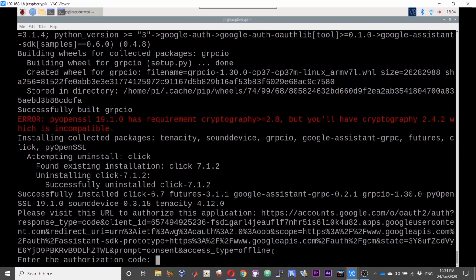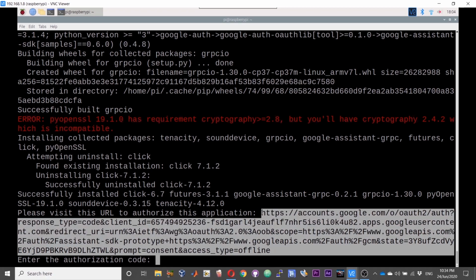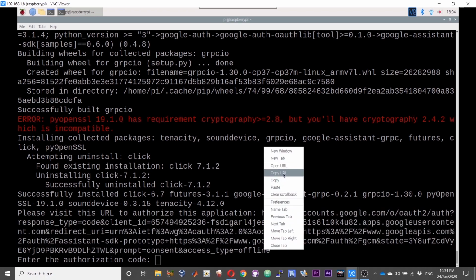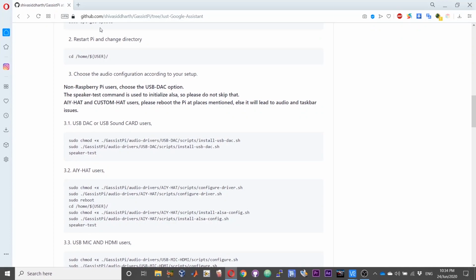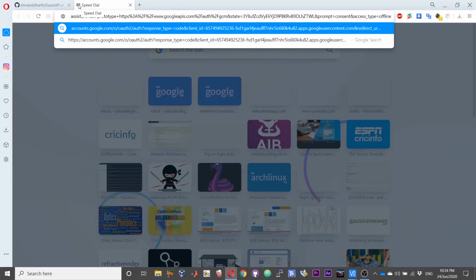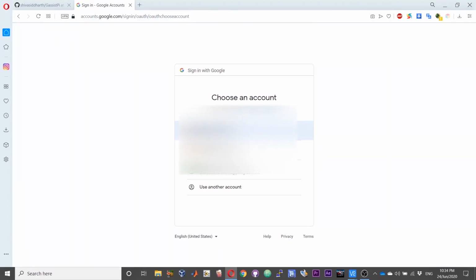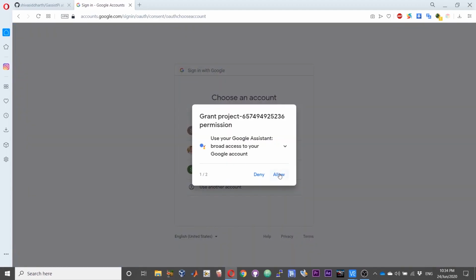At the end of the installation process, you should get the link to authenticate your Google Assistant. Right click and choose copy URL. Open a browser and then paste the link and press enter. And using your email address or Google address, authenticate the Google Assistant.